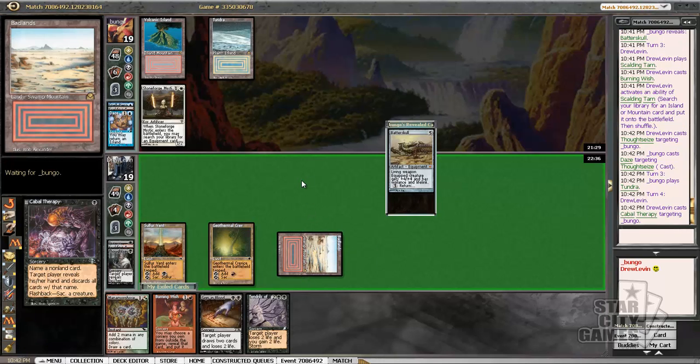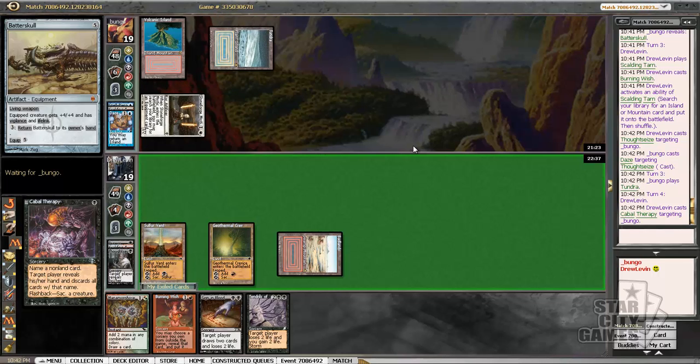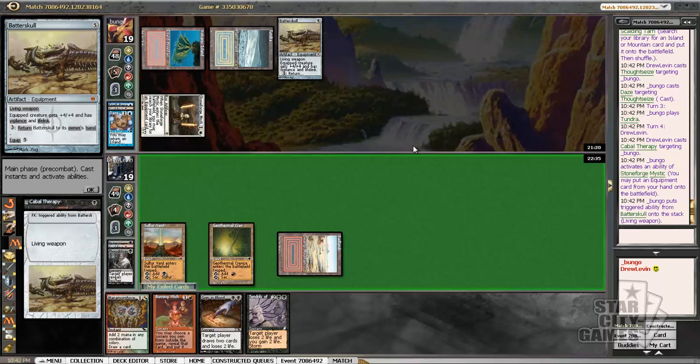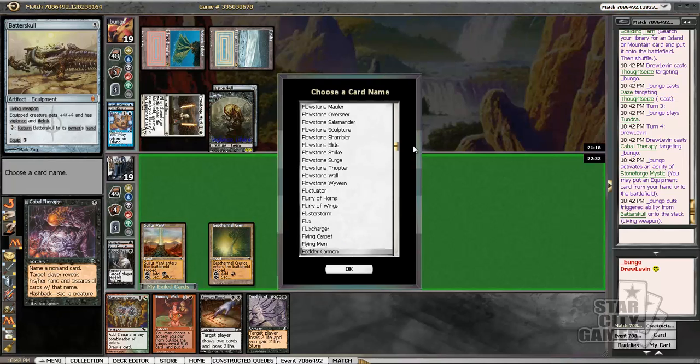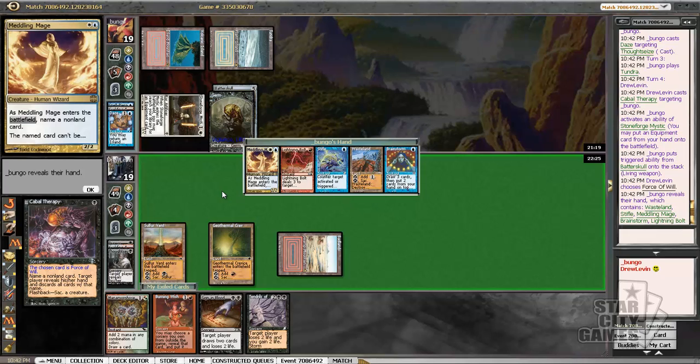So we'll start by Cabal Therapying them. I expect them to put in Batterskull. Then we can name Force of Will, since that's what you name. They have Stifle, Meddling Mage, and Brainstorm, and Wasteland. Jesus. Stifle, Mage, Brainstorm. Well,